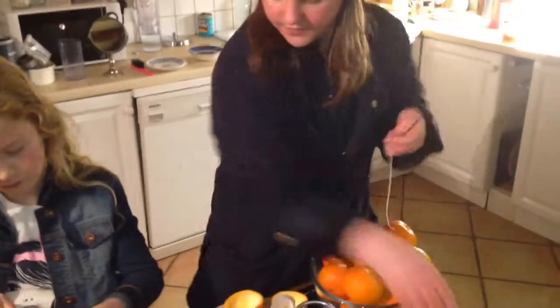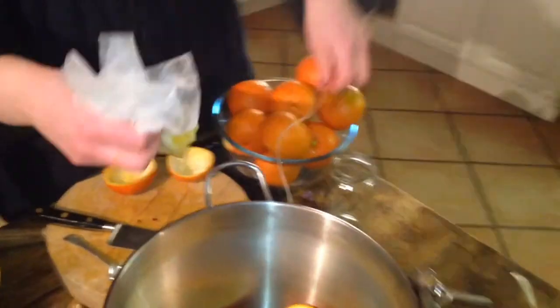And then what we're going to do is I've got some, what have I done with the scissors? Has someone put them away? Yep. Over here. Once we put the pith in the bag, just chop some string. And a bit more. There's more coming. Then you just wrap it up like this. Get your string, wrap it round,